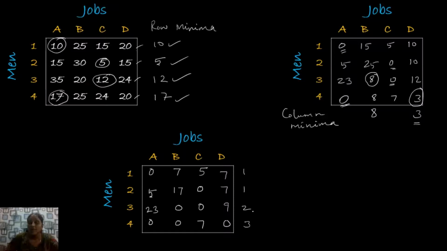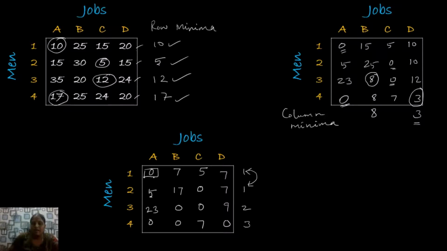So we are going to make assignments where the row has the minimum number of zeros. The row which has the minimum number of zeros, we choose that as the first option to give the assignment. Now I can take either the first row or second row as my first assignment. For example, I am going to give the assignment for the first row since it has only 1 zero.